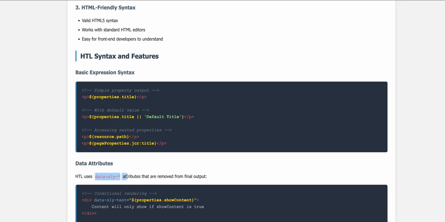Now let me show you how this works in practice. In AEM, you'll typically use HTL in three main scenarios. First, component templates. These are your building blocks. Every component you create will have an HTL file that defines how it renders, right? Then second comes page templates. This defines the overall structure of your pages, including where components can be placed. Then third comes navigation and utility components. These handle cross-cutting concerns like menus, breadcrumbs, and headers. Okay,